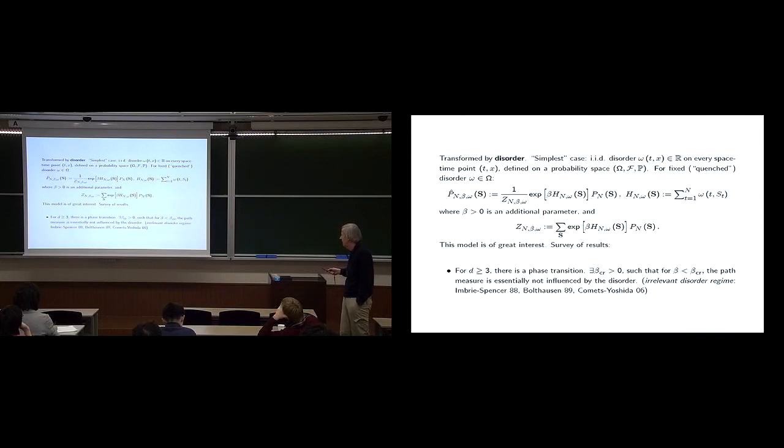So, but now what you see, what is happening is that the path measure, if you're looking at the thing for a fixed omega, so you see in a fixed omega, of course, you're having this kind of white noise. So in every space-time point, you are having this either plus minus 1, just coming from coin tossing. And the path is evidently then trying to move along the most positive paths because they are getting higher weights here. So of course, this is not yet the probability distribution. You have to normalize it by what people call the partition function, in order to get the probability measure here. So sometimes people call it the quenched measure, because that is for a fixed realization of